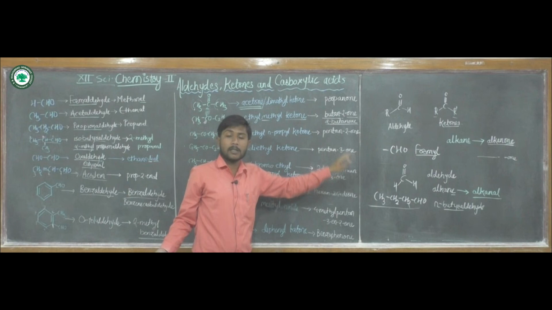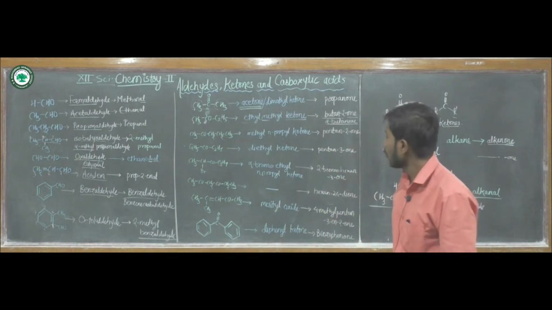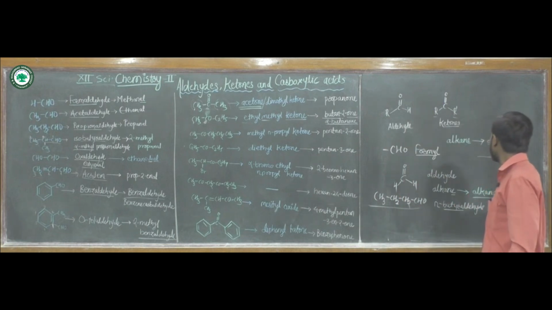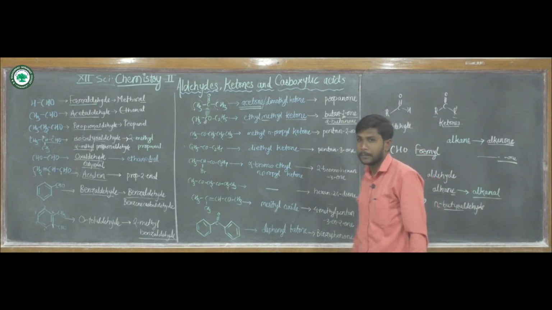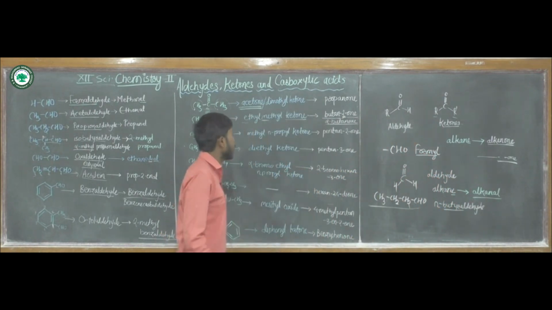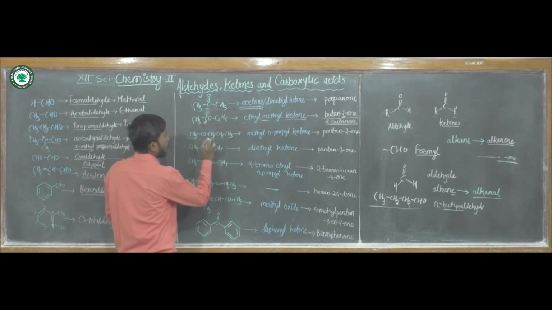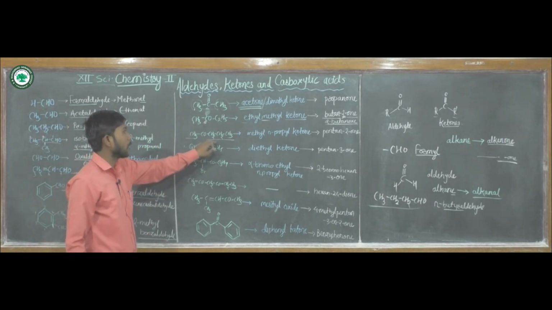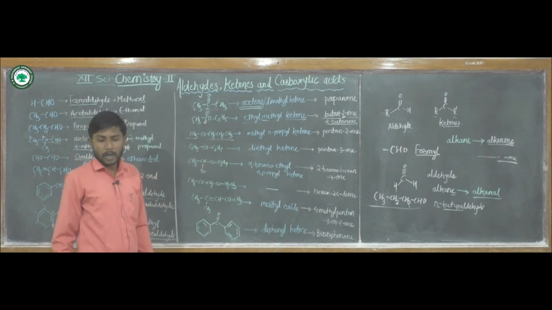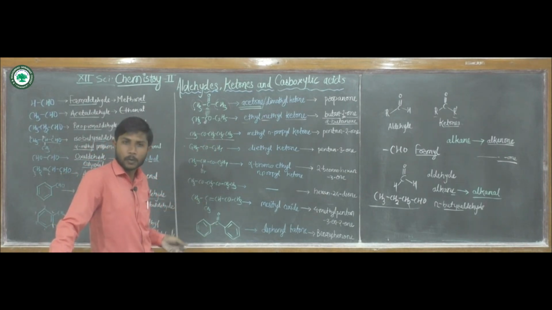If there is another functional group or another branching, then we have to follow the rule that the position of the carbonyl carbon should be given before the suffix ONE. Then look towards the next example. Here is one methyl group and this is a propyl group. Methyl and propyl. For this propyl group, we know the isomers of propane give propyl groups: n-propyl and isopropyl.